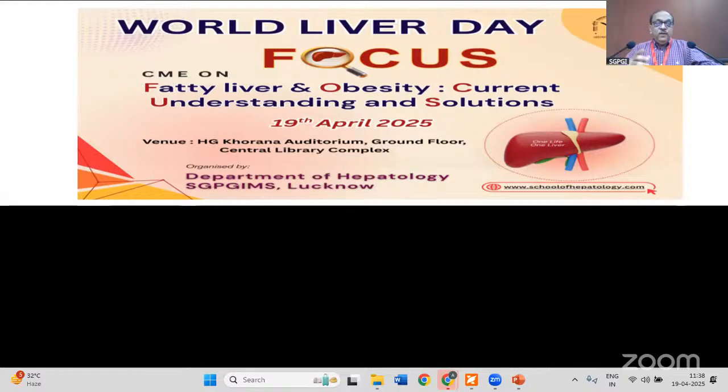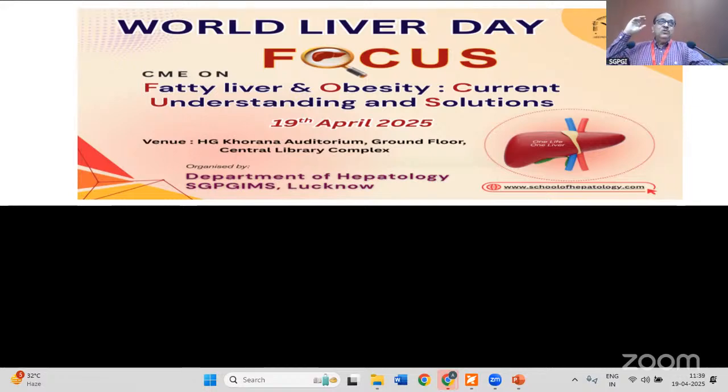And among these five factors of the metabolic syndrome, two are very, very important. One is obesity, and another is diabetes mellitus. If somebody has diabetes and obesity together, the prevalence of fatty liver in these patients is about 70%. Now you can imagine the role. Sitting in my OPD in the hepatology department, I see these kinds of cases very frequently, particularly those who are diabetic and obese; they have fatty liver disease.